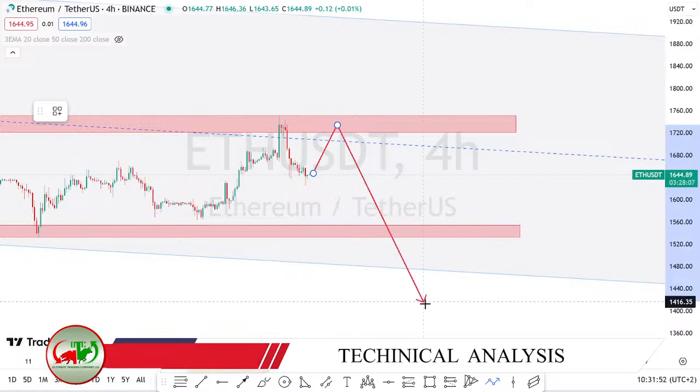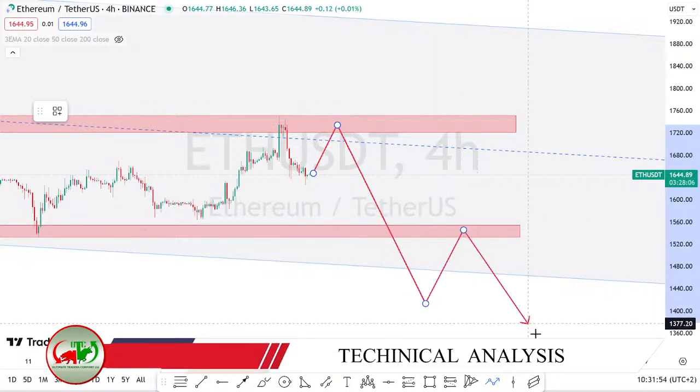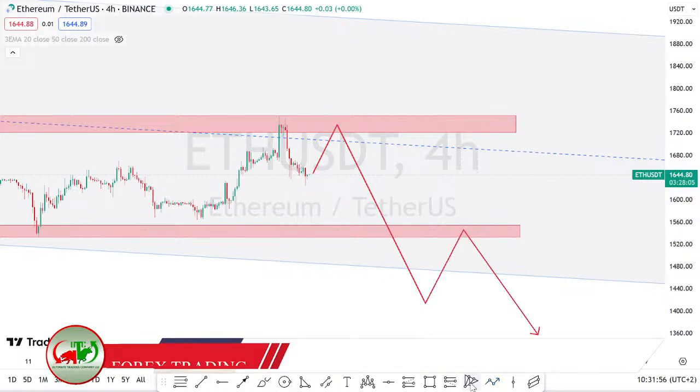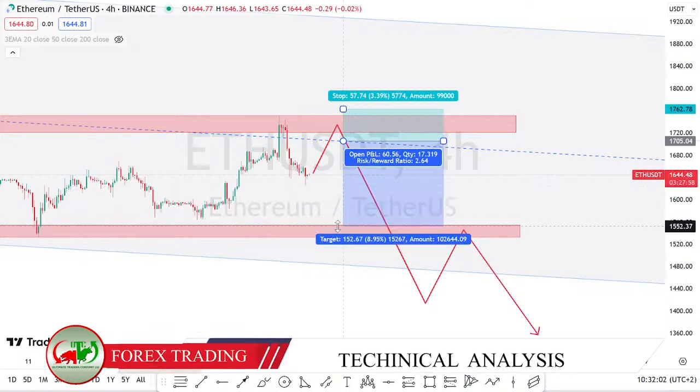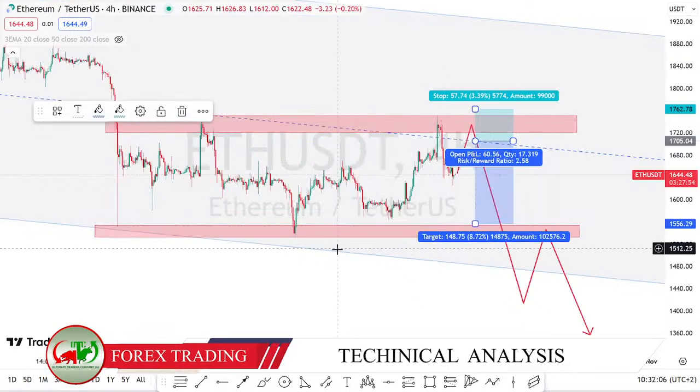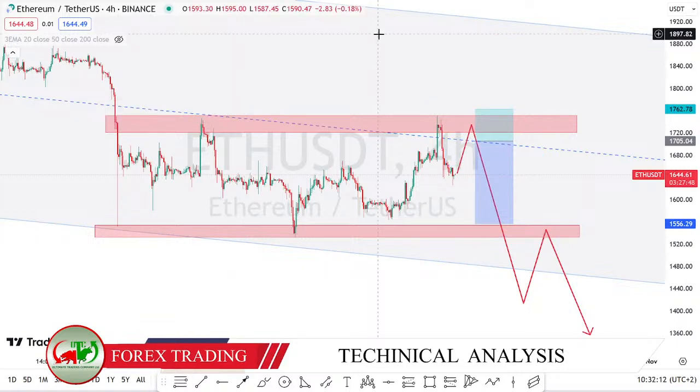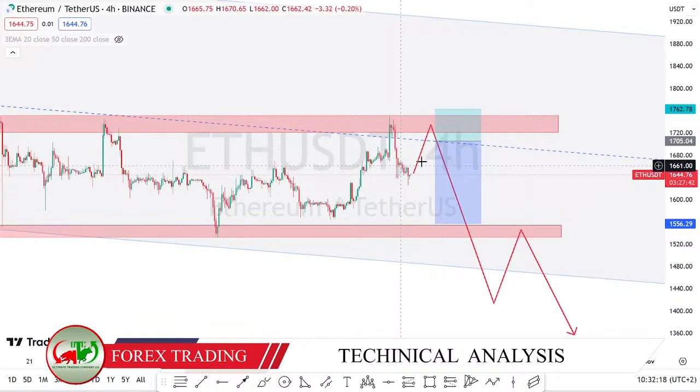Okay, and I think this market could continue lower. You should be looking for sell opportunities at this resistance, okay, or you can wait for a break and retest of this support. That is what I can tell you, because this market, it is in a range, okay, and the only way to trade the range market, it is regarding the current price action, is to make a stack and a box over here. Okay, I hope I gave you the market insight.